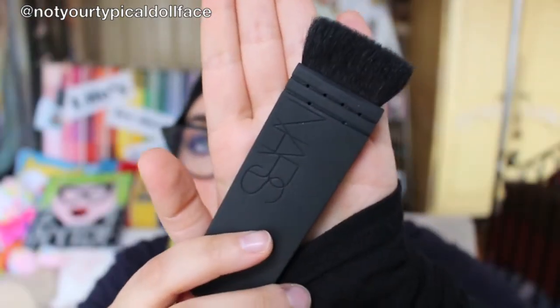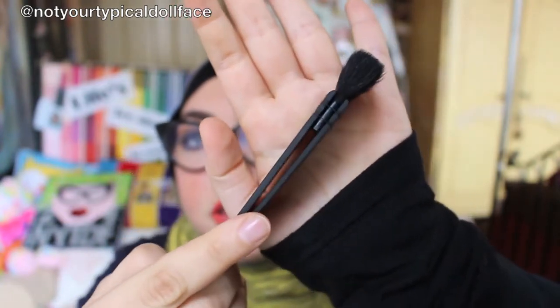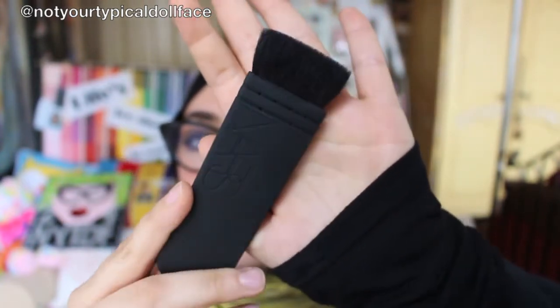And then the Ita brush comes like this. I hope you can see that, but it says NARS on the side, and it's got these little brushes, and then it's in there. You see how it's sewn in? Had a little bit less shedding with this guy than the other one, but it still does shed, and that's incredibly frustrating. My Marc Jacobs brushes, the bronze brush is incredibly expensive, but even the other one,